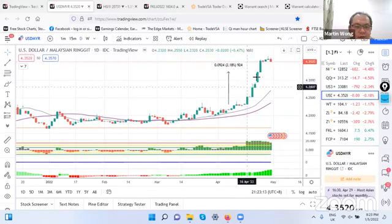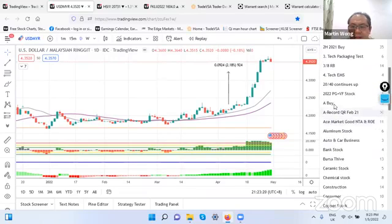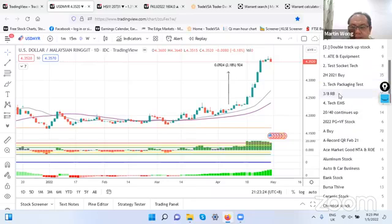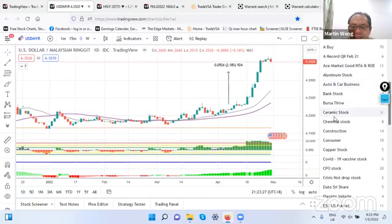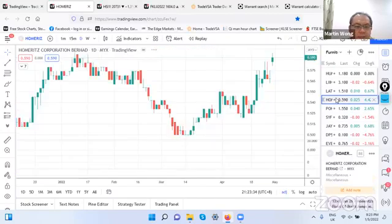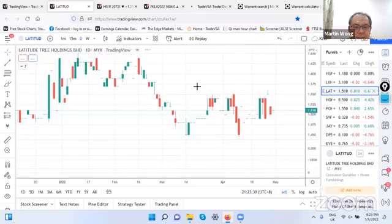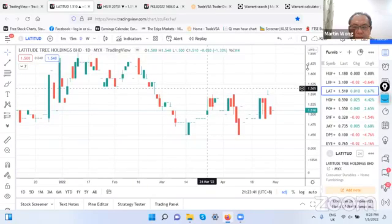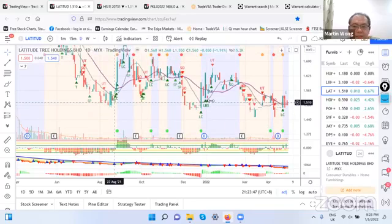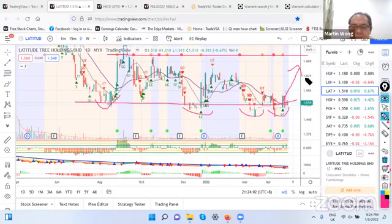So for a reason like this, we can try to concentrate on furniture. I quite favor furniture because in the early part of the year, I already said that furniture has some good advantages. Furniture stocks like Homeritz, you can see the V shape is recovering, like Latitude. Latitude is a share that has dropped so much, until you can see it looks like virtual support is coming in. You come here, you see here, and here. When you have support here, there is a likely chance of it going up to test again the